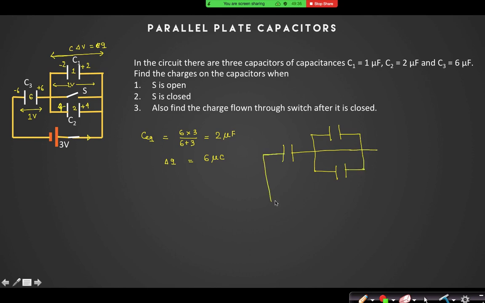Yes. Can you see that now there is no potential drop across C1 and C2? So finally, what will the charges be? The charges will definitely be 0. If there is no potential drop across C1 and C2, then all the potential drop will come across which capacitor? C3, right? And what will be the charge on the plates of C3? That will be plus 18 microcoulomb and that will be minus 18 microcoulomb.